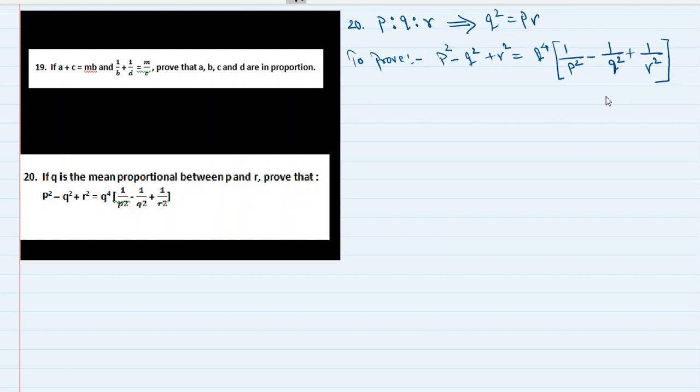Okay, how will we prove this? See, one way of proving it is choosing a side which is more complicated, and I feel RHS, the expression in which we have to prove something, is quite complicated. So let's start with RHS itself. So what I'm going to do, I'm going to multiply this Q raised to 4 inside. Should I do that?